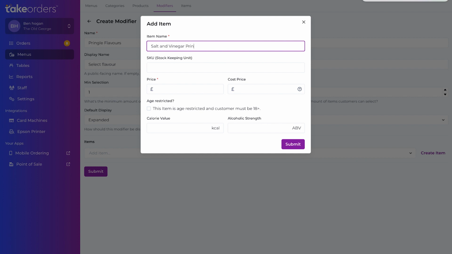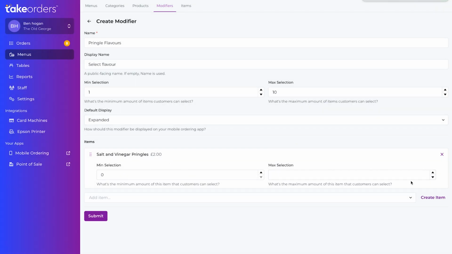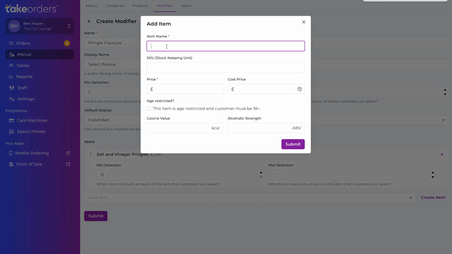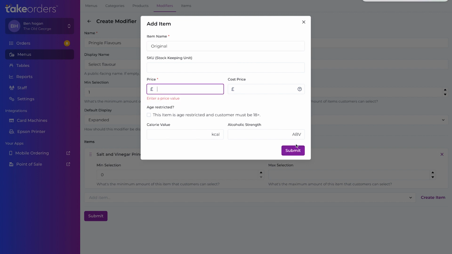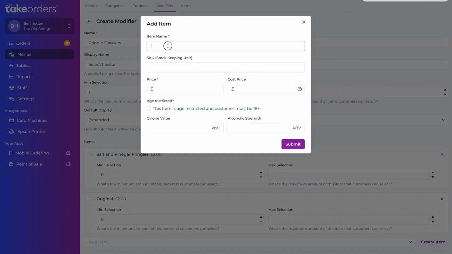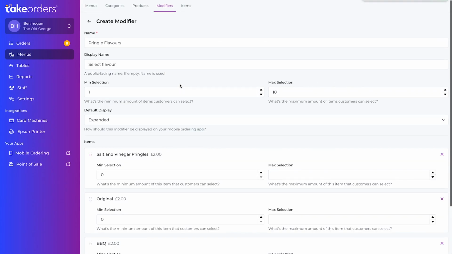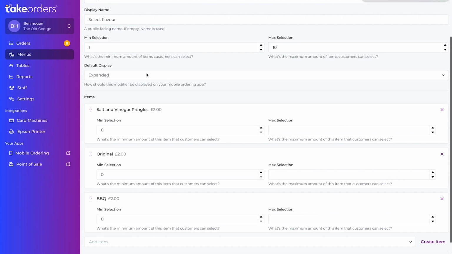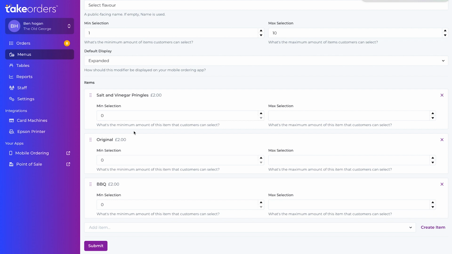Salt and vinegar Pringles. And we're going to give it a price of £2. Then I'm going to create another item, and I'm going to call it original. £2. And then I'm going to create another item, and I'm going to call that BBQ flavour for £2. Okay, so we've now got a modifier where it's Pringle flavours, and we've got salt and vinegar, we've got original,